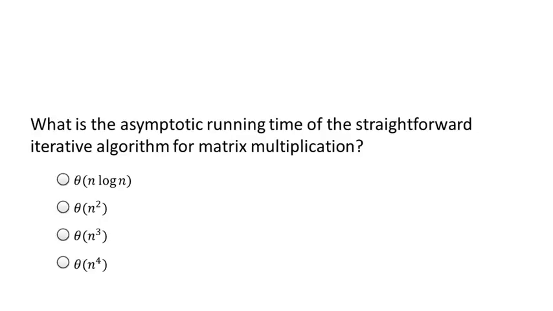So the correct response to this quiz is the third answer, that the running time of the straightforward iterative algorithm runs in cubic time relative to the matrix dimension n. To see this, just recall what the definition of the matrix multiplication was. The definition tells us that each entry Zij of the output matrix Z is defined as the sum from k equal 1 to n of Xik times Ykj. That is the dot product of the ith row of the X matrix and the jth column of the Y